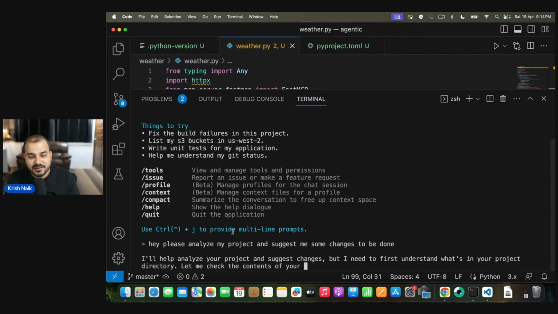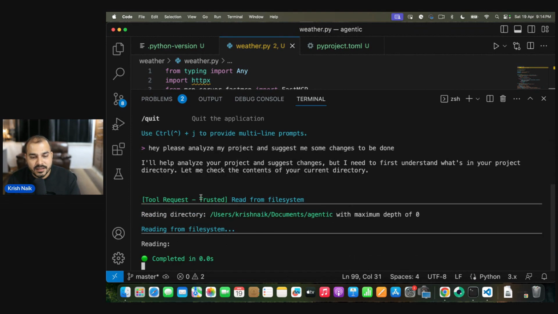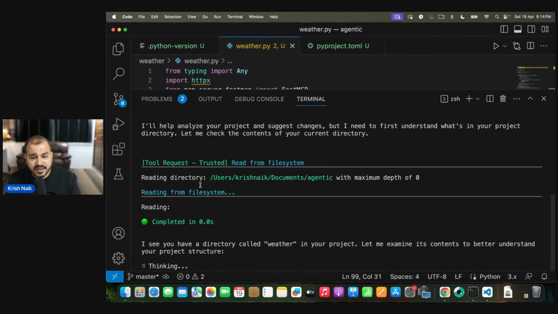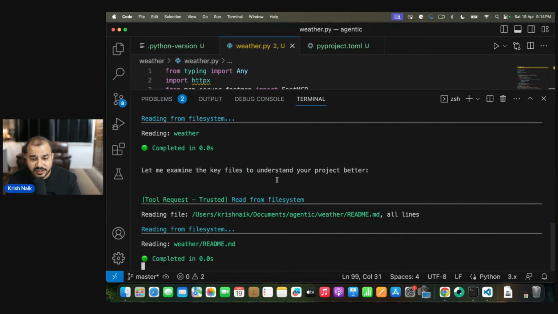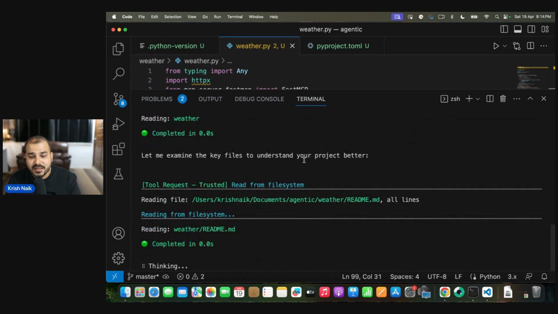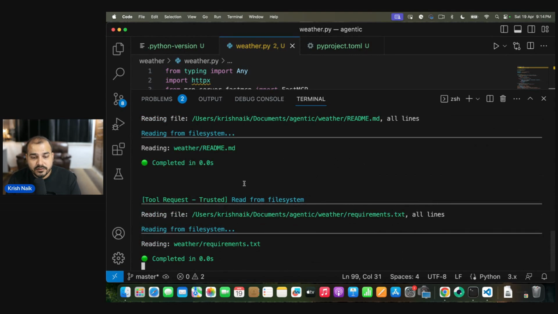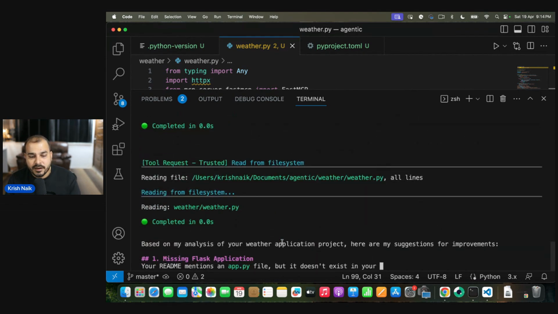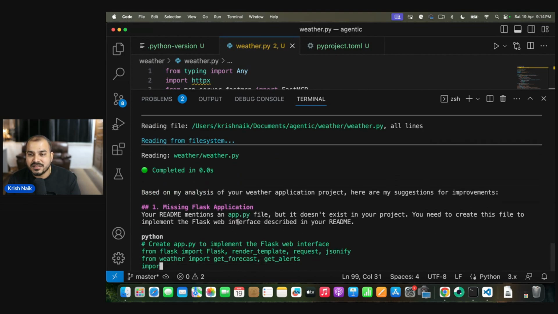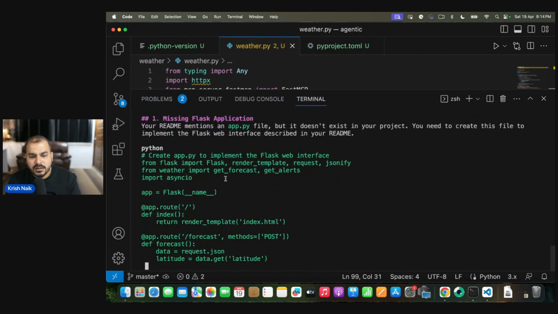Now automatically it'll start thinking, and here you can see that it is saying, hey, we are reading from the file system entirely. It has seen this weather project is there. Let me examine the key files to understand your project better. You can see that it is going and reading the requirements.txt, main.py, weather.py, each and everything. Now after doing all the specific analysis,